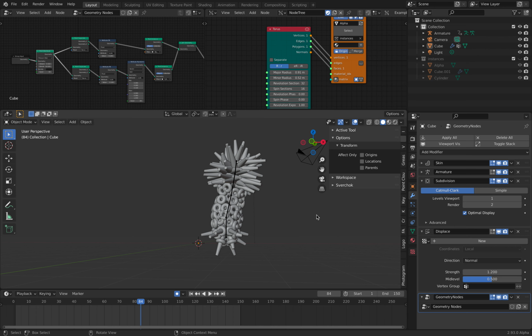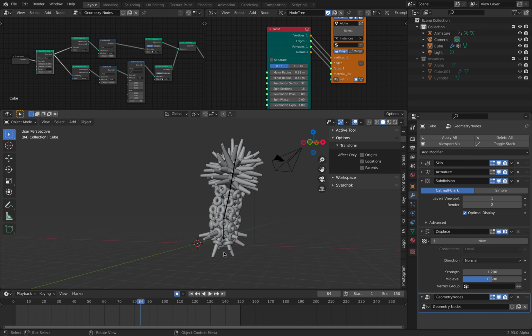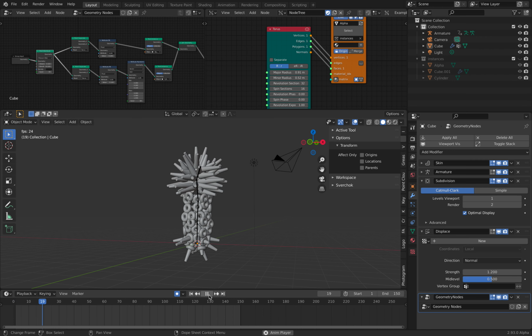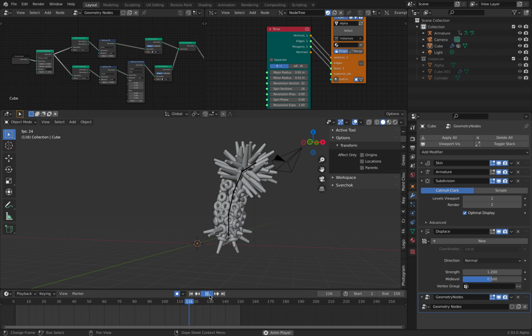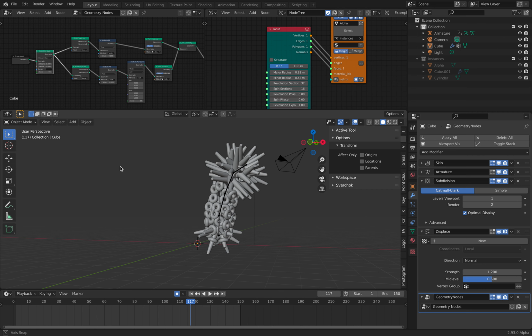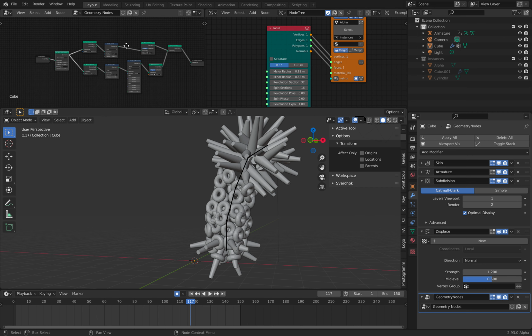In this episode, I'll be showing you how I created these alien pineapple animations. So the whole thing is made procedurally, all right? So I just started with something like the